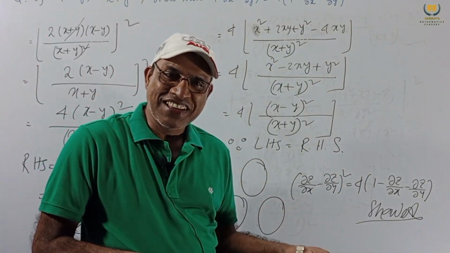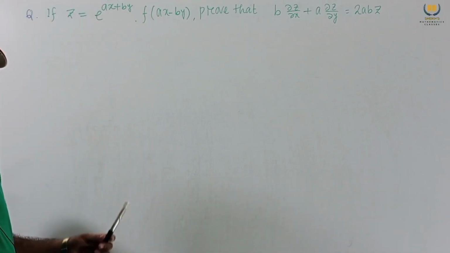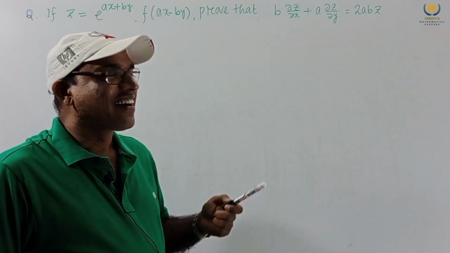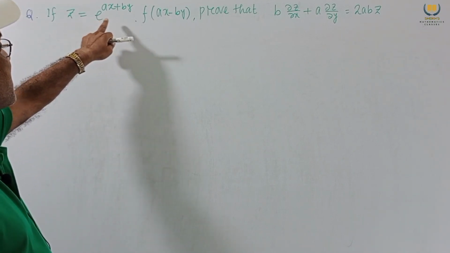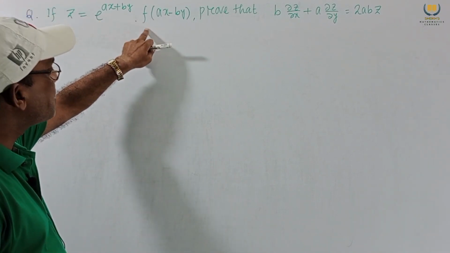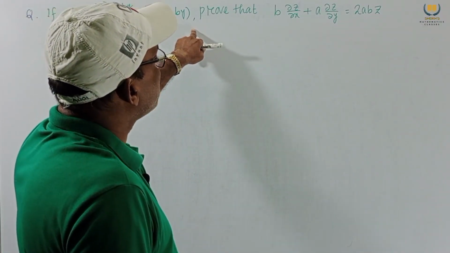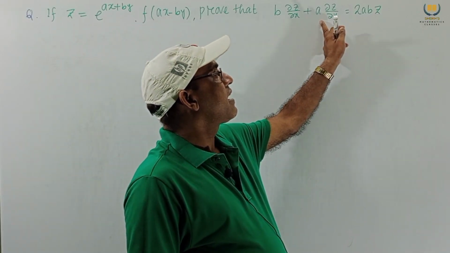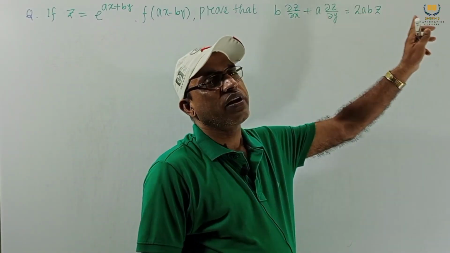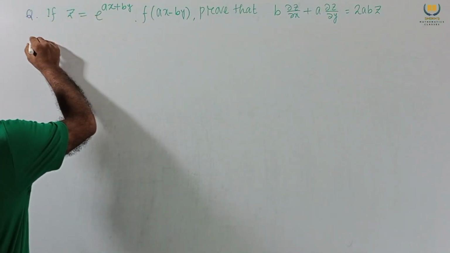Very nice solution, very easy, very simple. Consider another masti problem. Very masti. If z equal to e to the power (ax plus by) into f of (ax minus by), prove that b del z del x plus a del z del y equal to 2abz. This is what we have to prove. Now solution,